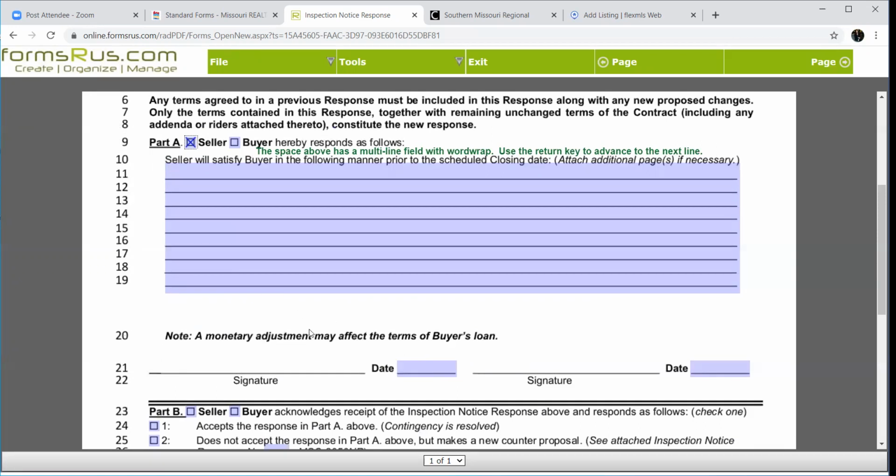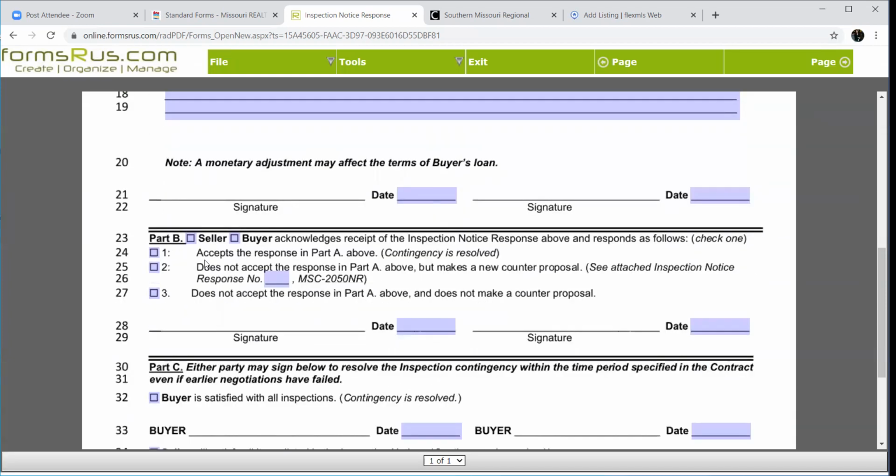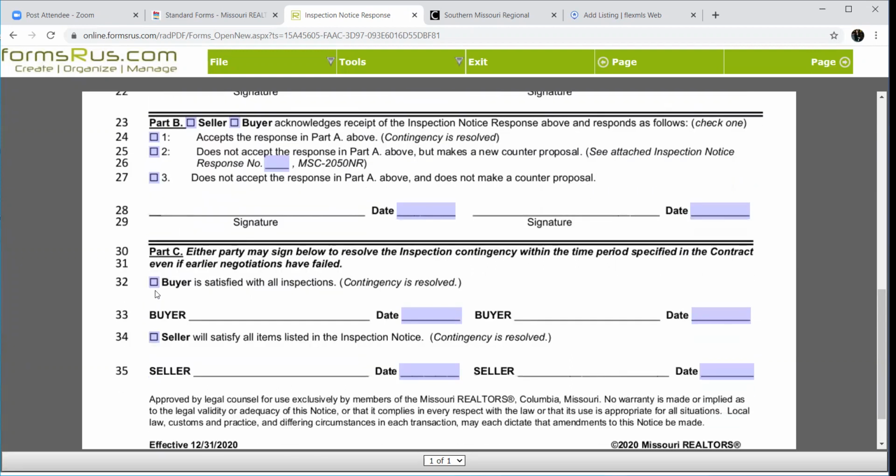And note too, please, that if they do get that money, we talked about that, make sure you talk to the lender. And then whoever's received this can either accept it, or they do not accept it and they want to counter propose it, bang, or they do not accept it and don't make a counter proposal and the deal dies. Or,